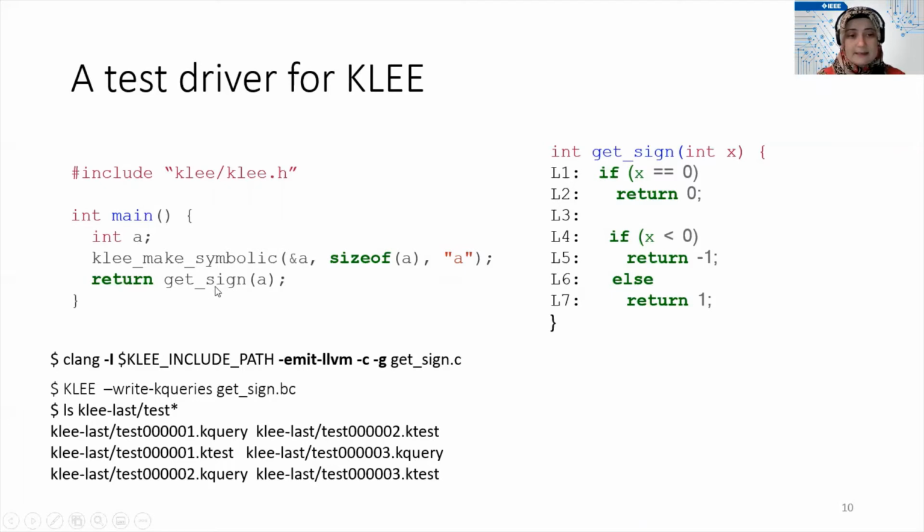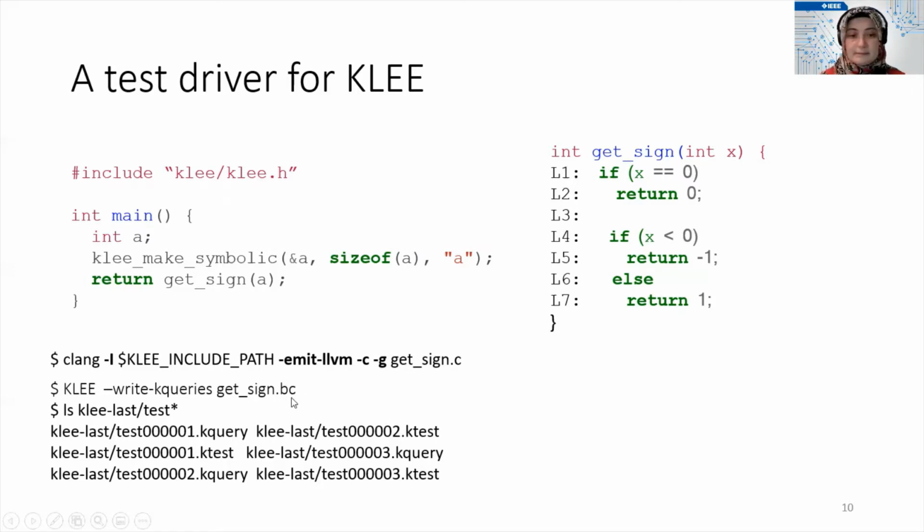And then I pass this to getSign, and I should compile this code and provide the bitcode. As you see, you can compile it with Clang. Make sure to provide the include directory for KLEE so that it can find the header file. And then by saying emit-llvm and compiling this also with the debug option, we will get